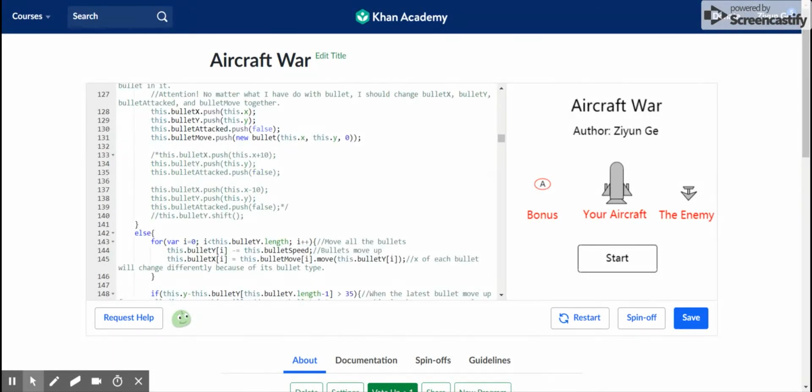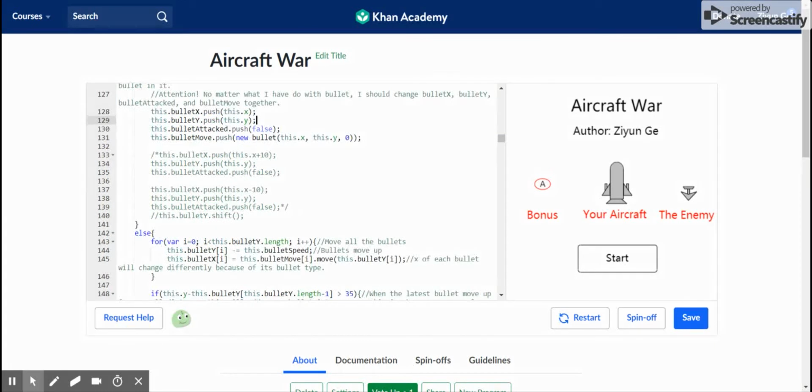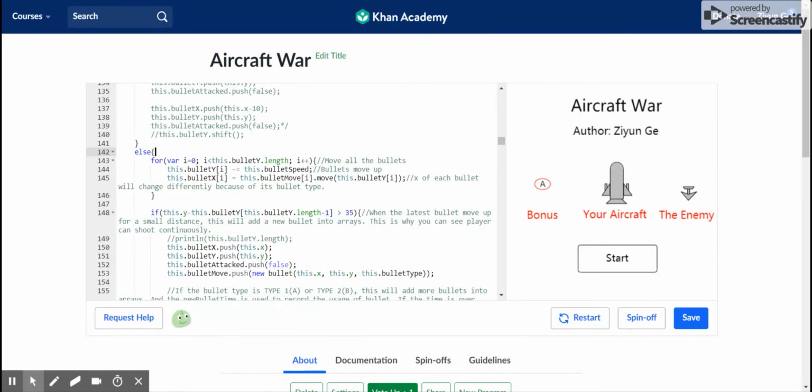Move bullets. So if your bullet X is empty, it will push a new element to bullet X, bullet Y, and bullet attack and bullet move. Okay, so when time goes on, and if the